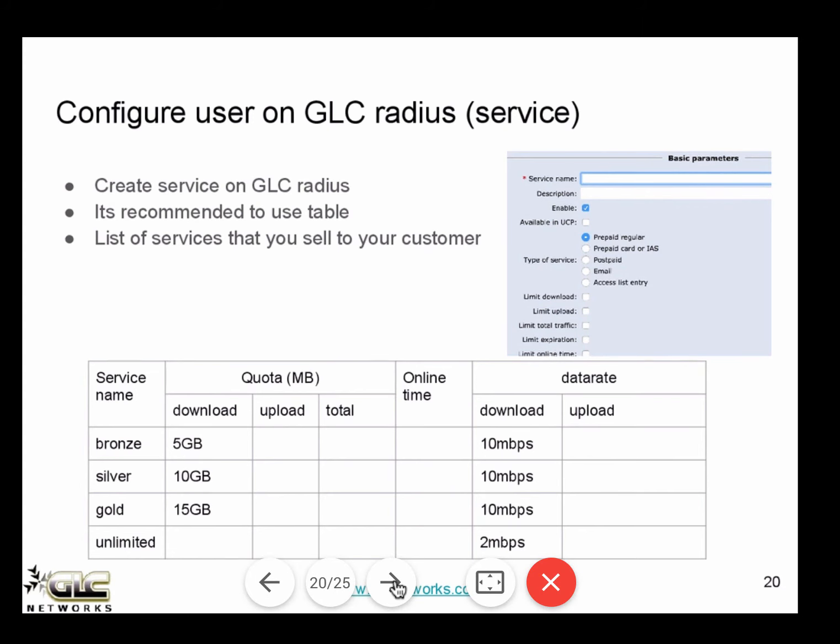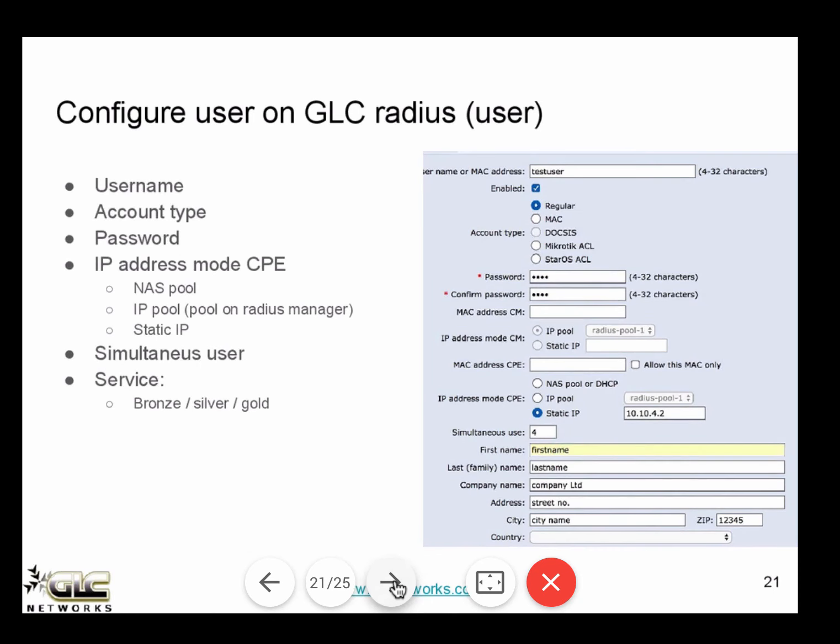Once you define the service, you then define the user. This is an example of a user. You type the username. Account type, is it regular or what? Usually it's regular. Password is the password, very common. Then we have IP address mode CPE, not CM, CPE. You can use a NAS pool.